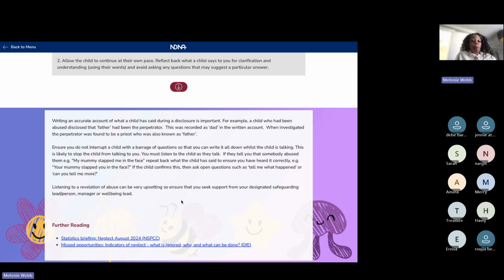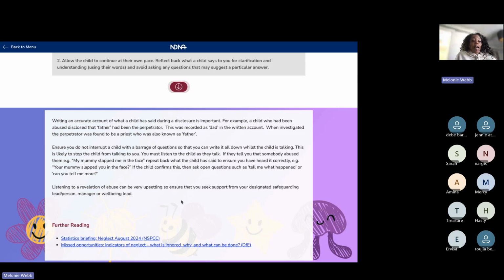If they tell you that somebody abused them, e.g., mummy slapped me in the face, repeat back what the child has said to ensure that you've heard it correctly. Your mummy slapped you in the face. If the child confirms this, then ask open questions such as, tell me what happened, or can you tell me more? Listening to a revelation of abuse can be very upsetting, so ensure that you seek support from your DSL,